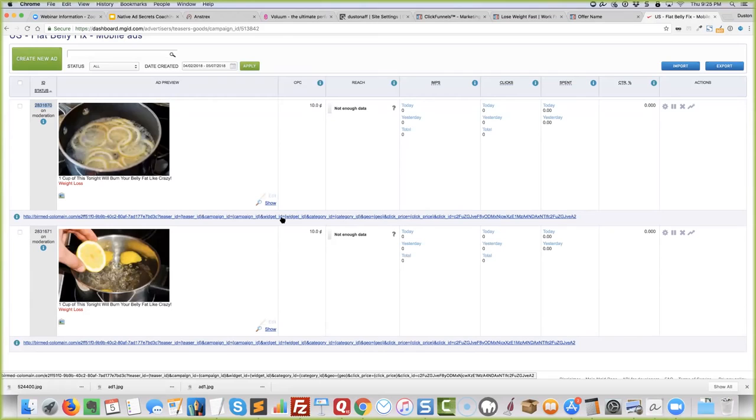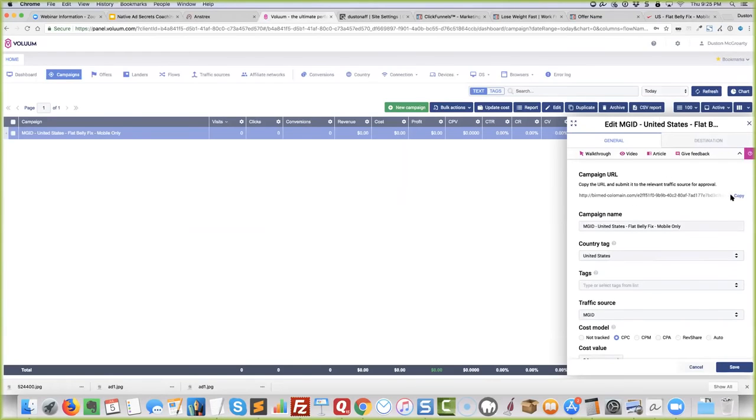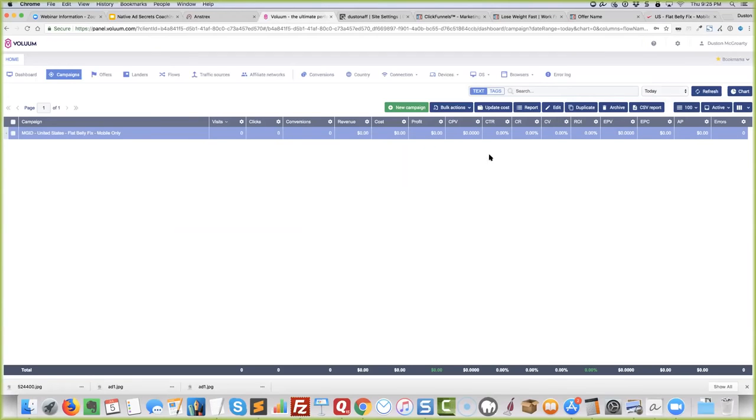If they have an ad block in the sidebar or an ad block in the center of the content, you want to know what's converting the best so that you're not wasting money in places that you don't need to. So hopefully that makes sense. That data will all then get passed over to Volume through the campaign URL, and it'll all be displayed inside your campaign. I'll show you next week, once data starts coming through here, I'll be able to run a report